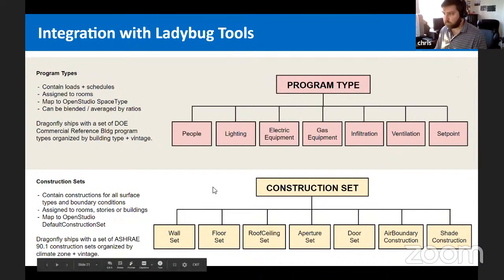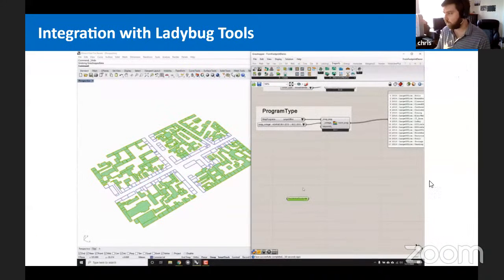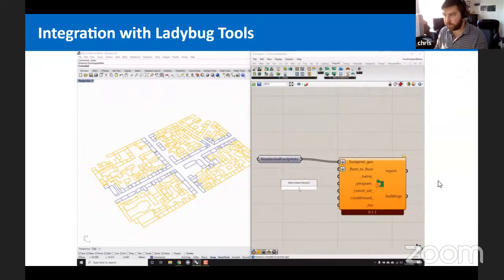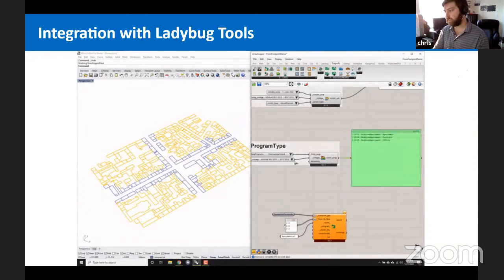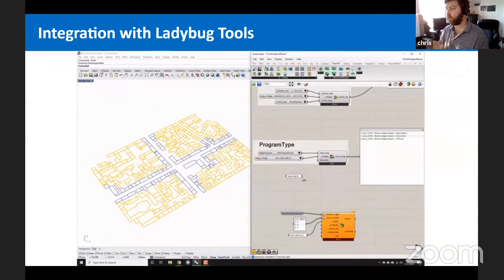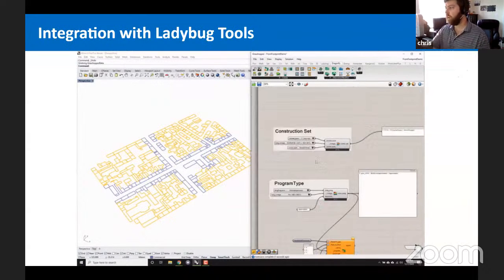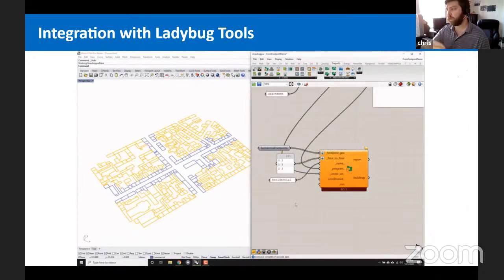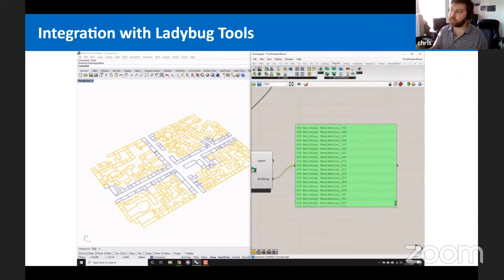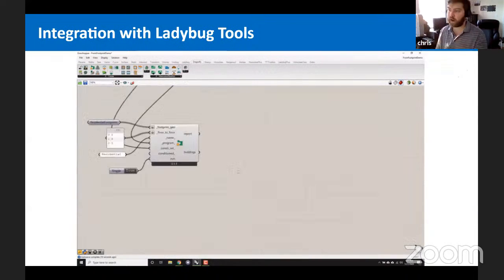So with that introduction, I'm just going to show you a quick video of the From Building Footprints workflow that utilizes these objects. Here we have a data set of a few hundred building footprints imported from a GeoJSON. Here you see I'm assigning different floor heights to those buildings and passing those footprints into a component that assigns all the properties needed for an energy simulation. Here I'm taking a program type of a mid-rise apartment and applying that to all the buildings. I'm taking a construction set for the climate zone that these buildings are in. And out of this, for every footprint, I get a separate building object.